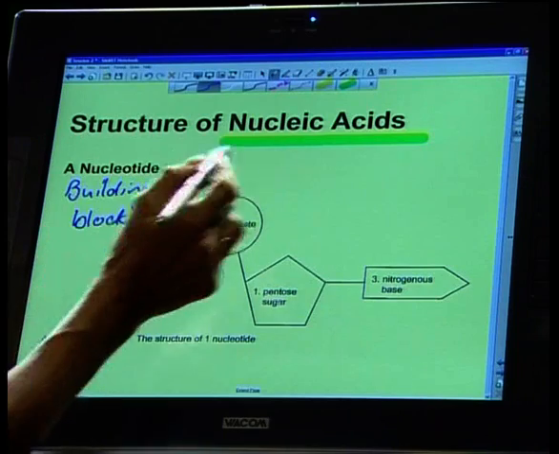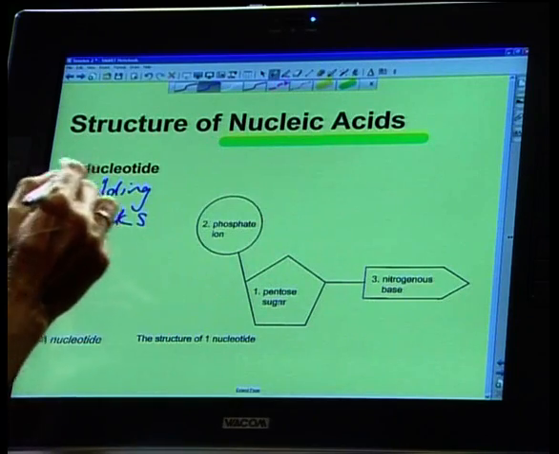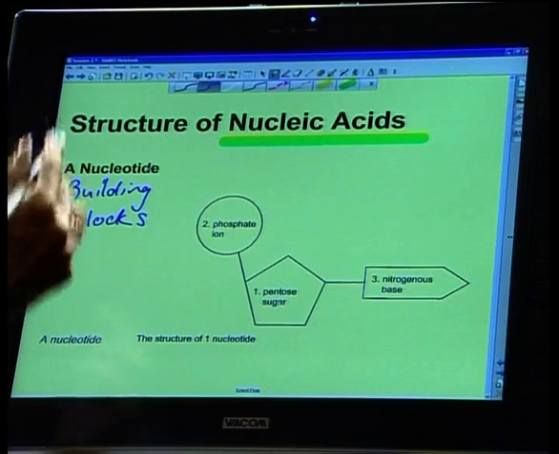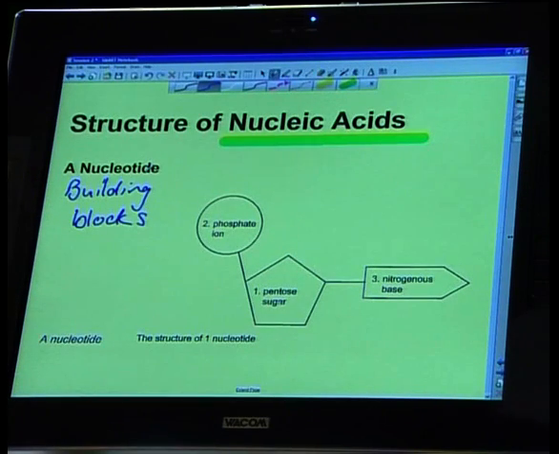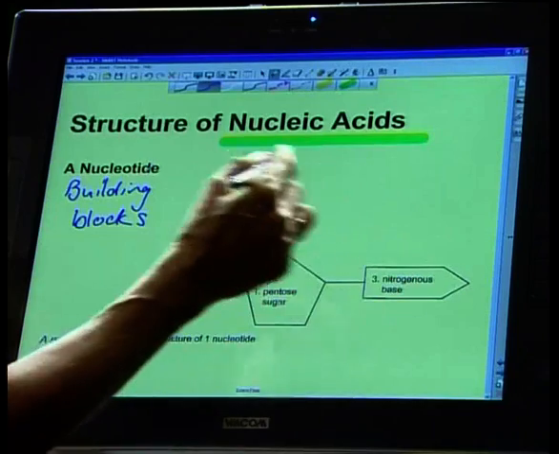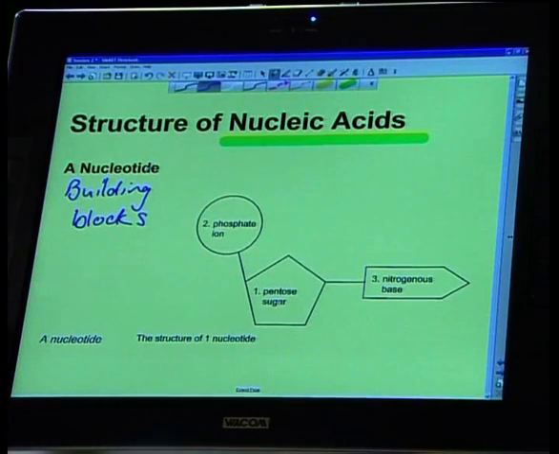The building blocks of every nucleic acid is a nucleotide. They will make up the building blocks, so lots of nucleotides will join to form one nucleic acid. Okay? Now, this is one nucleotide, and I can promise you now, any exam you have, they will in some formal manner ask you what a nucleotide is, or what a nucleotide is composed of, or what the building blocks of a nucleic acid is. It's going to be a nucleotide. People,